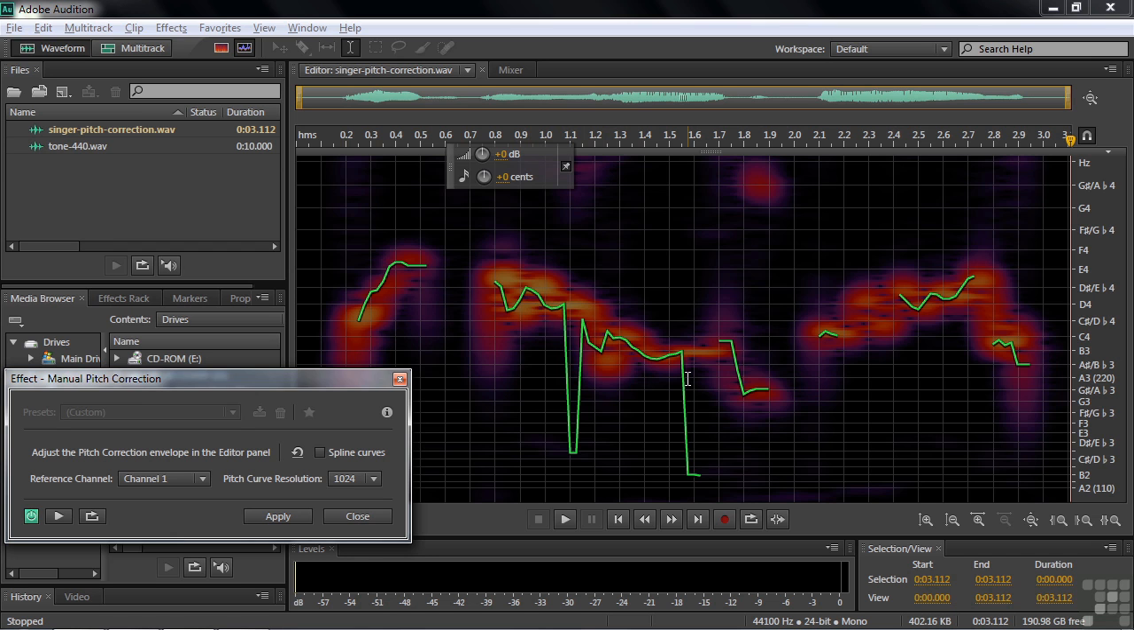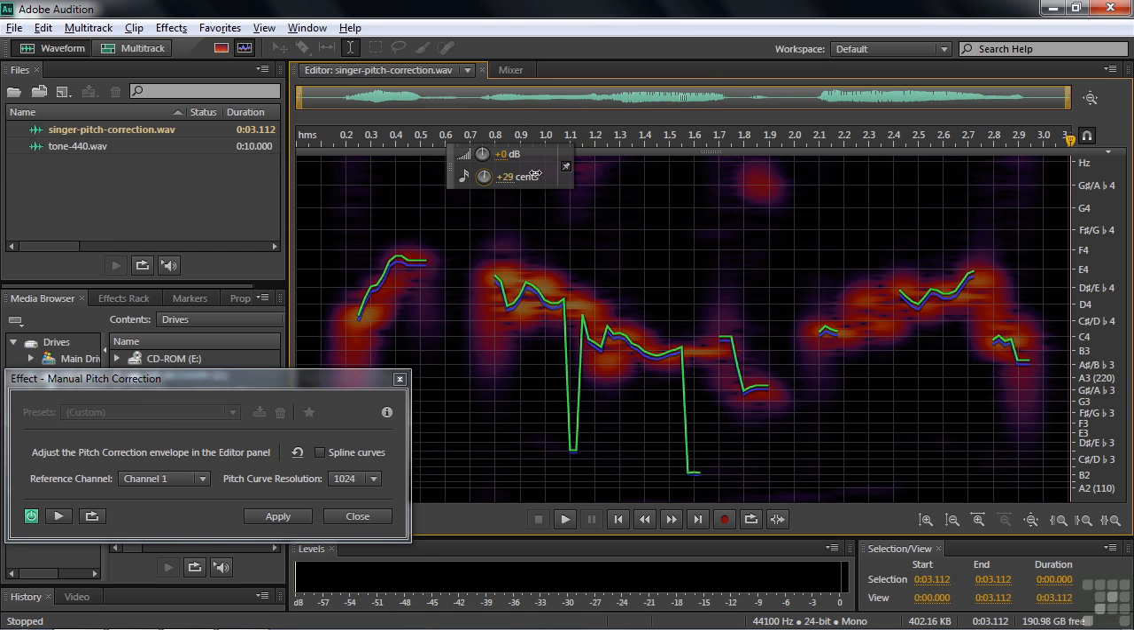Now, you might have forgotten that it was blue before, but I'll just drag up the sense sign to show you that green is the after and blue is the before. Blue is the original pitch, and green is the changed pitch. That's how that works. Well, there's one other thing that shows up when you add the manual pitch correction effect,